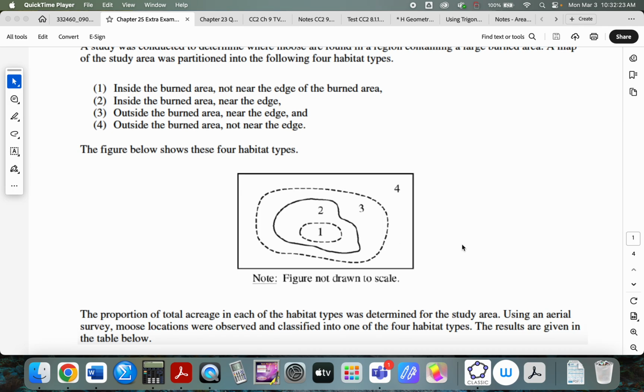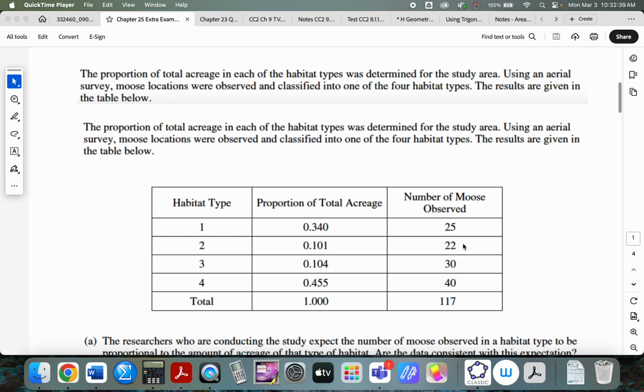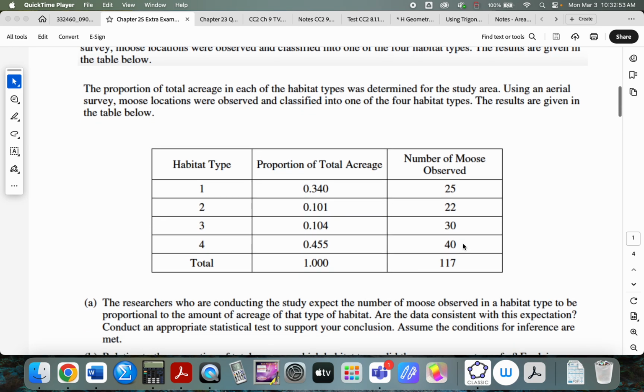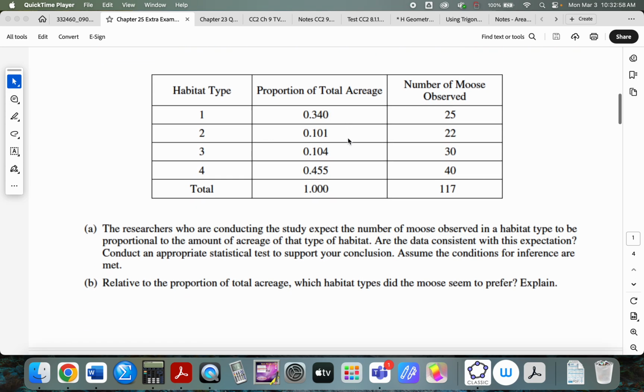So the total acreage in each of the habitat types was determined for the study area. Using an aerial survey, moose locations were observed and classified into one of the 4 habitat types. The results are given in the table below. The proportion of total acreage in each of the habitat types was determined for the study area. Oh yeah, it says that again. That's the same thing. That was my accident when I was cutting and pasting this in here. So we have the 4 habitat types, we have the proportion of the total acreage, and we have the number